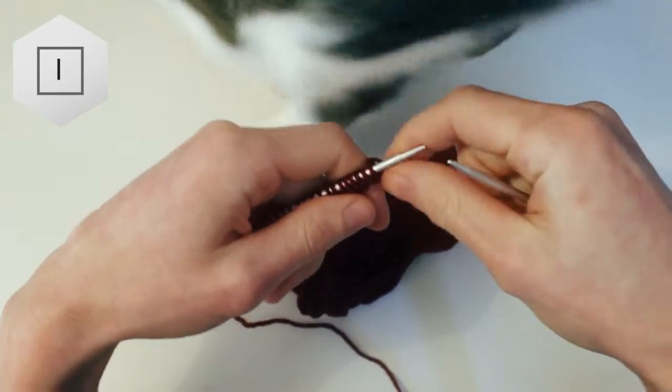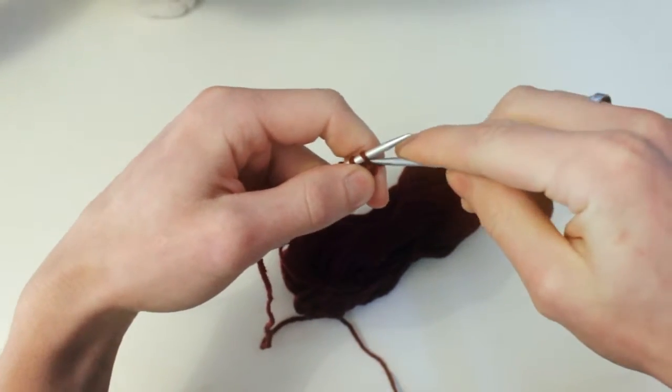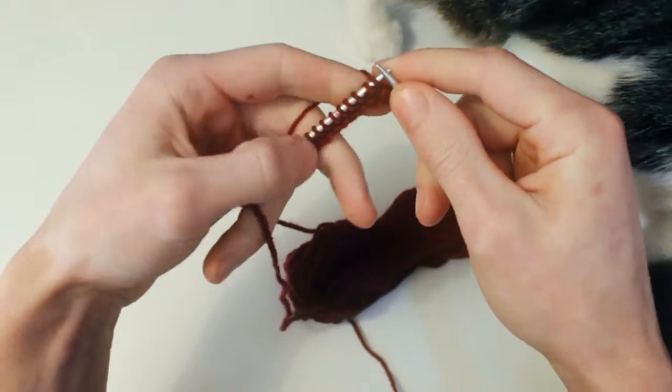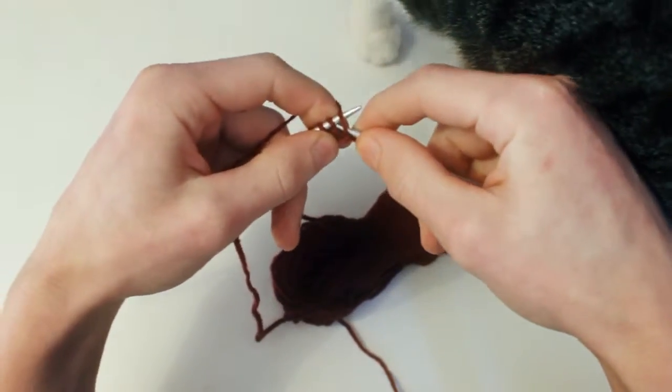So we just turn around now to the purl side. So we begin the same way by slipping 1 stitch purlwise, just like so. But then we're going to purl all 19 remaining stitches all the way through to the end. So to purl,